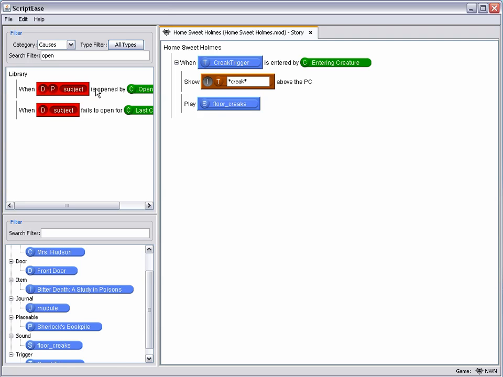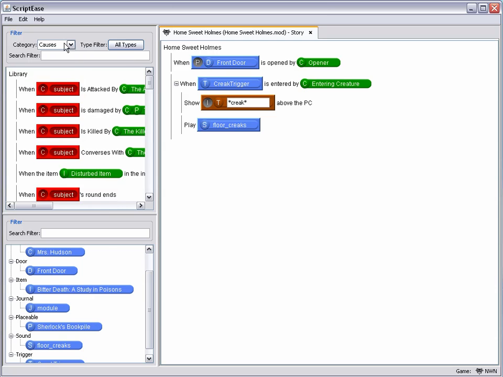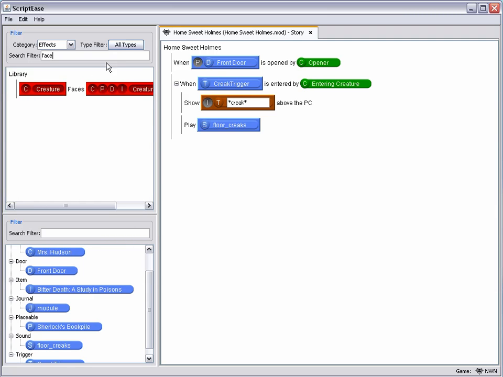So we're going to click on that and drag it across into our story, and we're going to bind the door to be the front door here. I'm going to click on that, drag it across, drop it into the slot here, and move back into the effects category. We'll go and search for the word "face," which gives us "creature faces," either a creature, blueprint, door, or item, creature to face. We're going to click on that. We're going to drag it into the cause that we just created here,